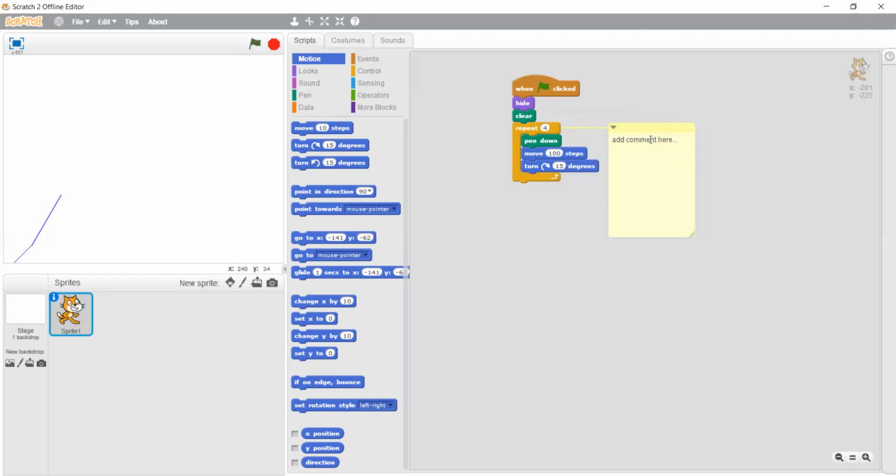Now, instead of this, write square there. Now, after writing that, see here, I wrote square now.